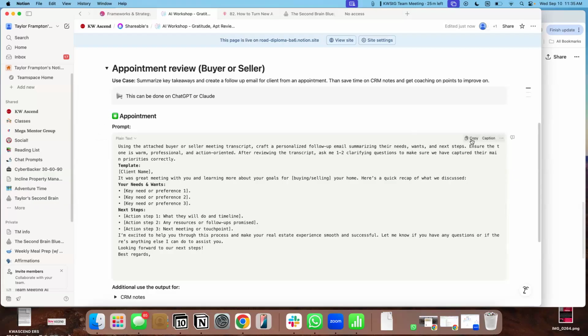Okay, so here's this one. This one right here is for a buyer or seller transcript. It's just for any appointment. You can either do a practice transcript, so it can be your own. I saw a whole bunch of people upstairs today doing buyer appointments. If you recorded that and then turned it into a transcript, you could throw it in here